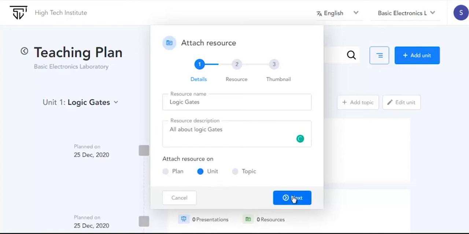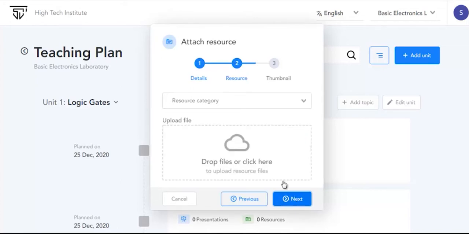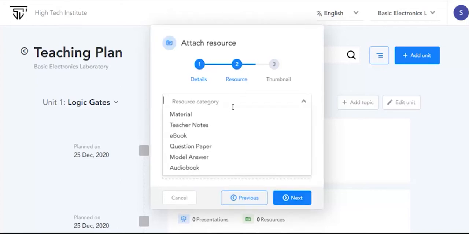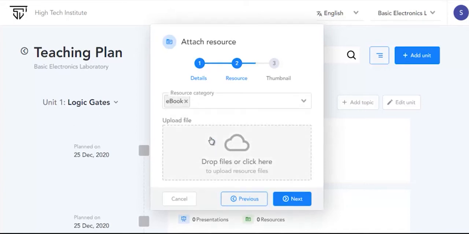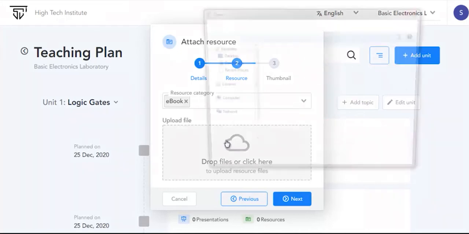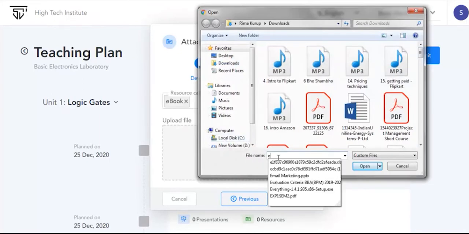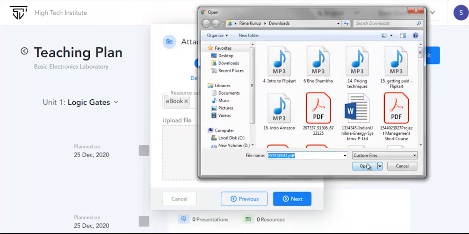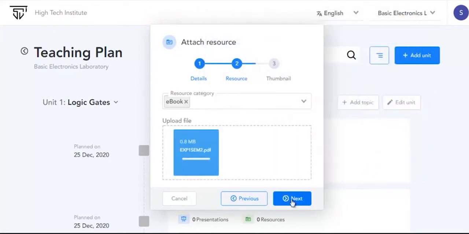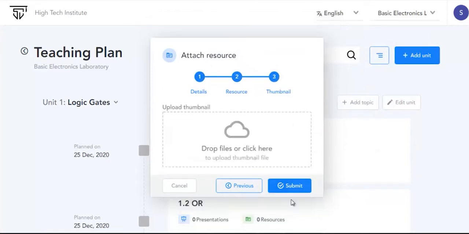Then click on Next. You have to choose the category of the resource. The resource category can be in the form of ebook, other materials, tutorial notes, question papers, etc. I have selected ebook option as the resource is in PDF format. Then drag, drop or insert the PDF file here and click on Next.